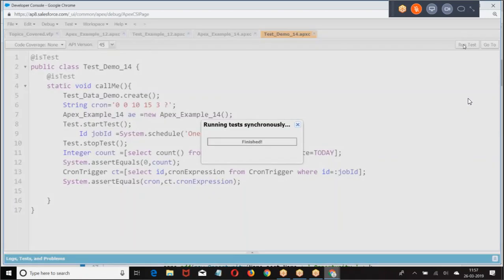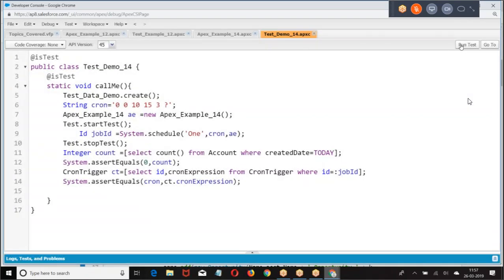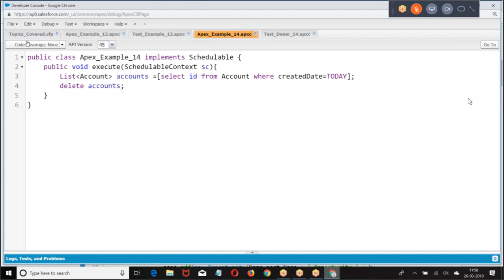Run the operation. Basically, when you write a class, you know what logic you are implementing, and what changes will happen on what data if the class runs. So create sample data, call that method, and then check whether the corresponding changes happened or not. As simple as that. So go back and see the coverage.